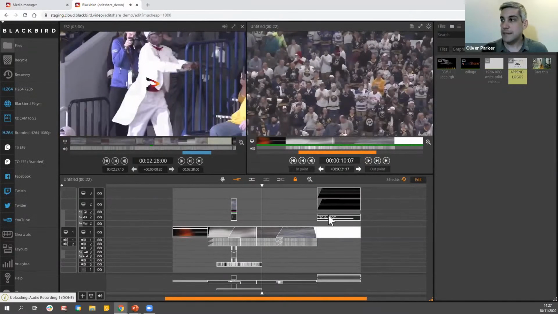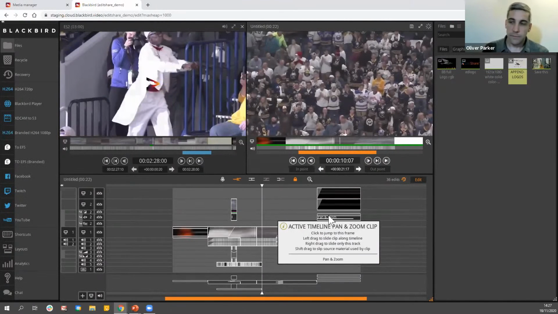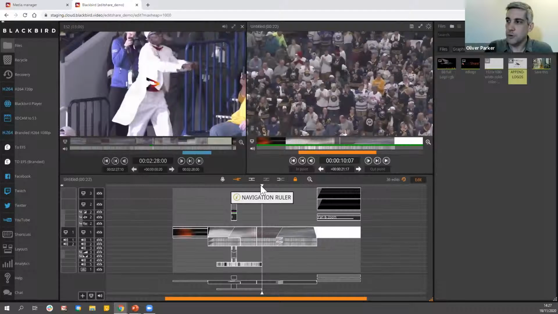So Blackbird really gives you a very wide range of tools that can allow you to create extremely complex sports highlights, news package editing, and a whole variety of other content, 100% real time in the browser environment. And we're going to talk a bit more about, outside of the actual edit itself, the benefits that you get from that scalable browser infrastructure. So Stephen, back over to you. Hopefully you've got a couple of bits of content back in the system.